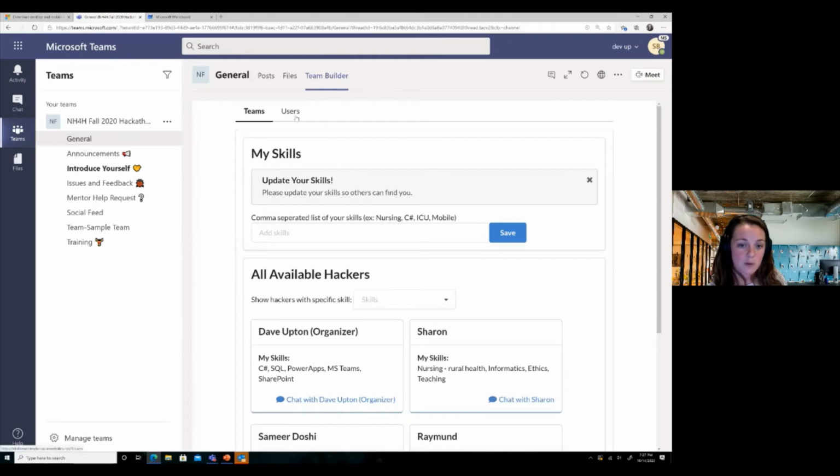So last time, I think we had some confusion around creating the teams and joining the teams, and hopefully this is a super easy experience for you, whether you want to look for someone that's skilled in a specific area, whether you have a skill and you're looking for a team with an idea, or you want to actually just create something from scratch and add people in to your team. So that is Team Builder.